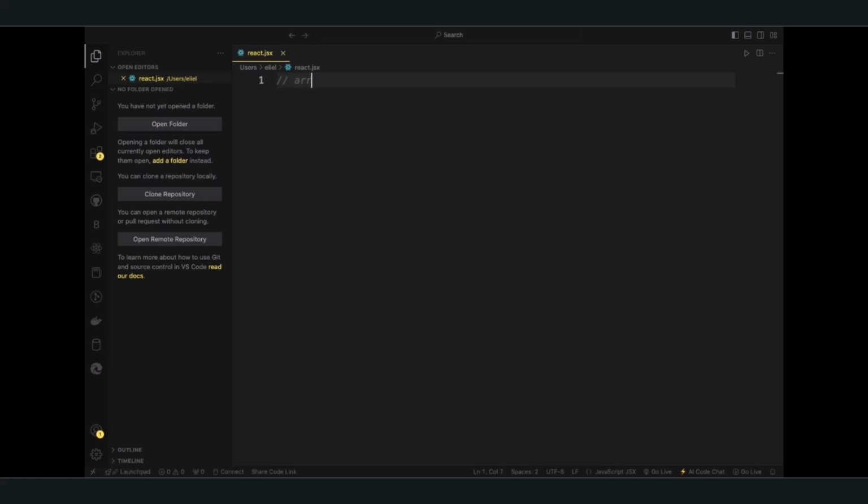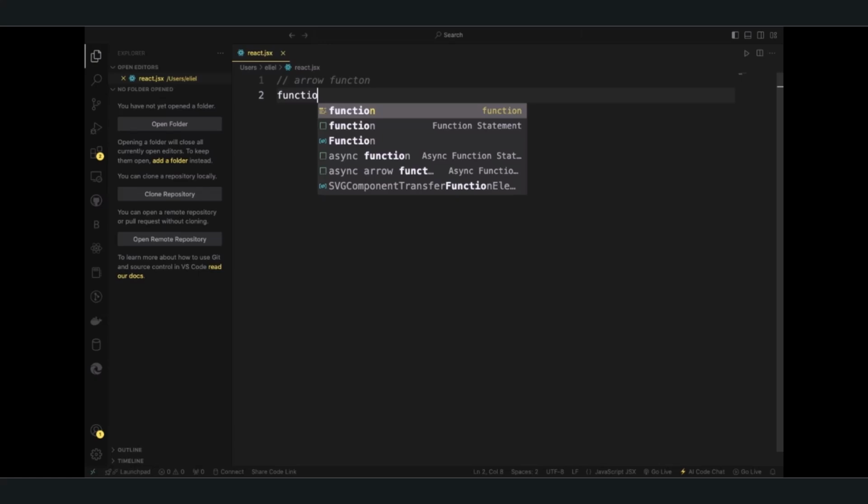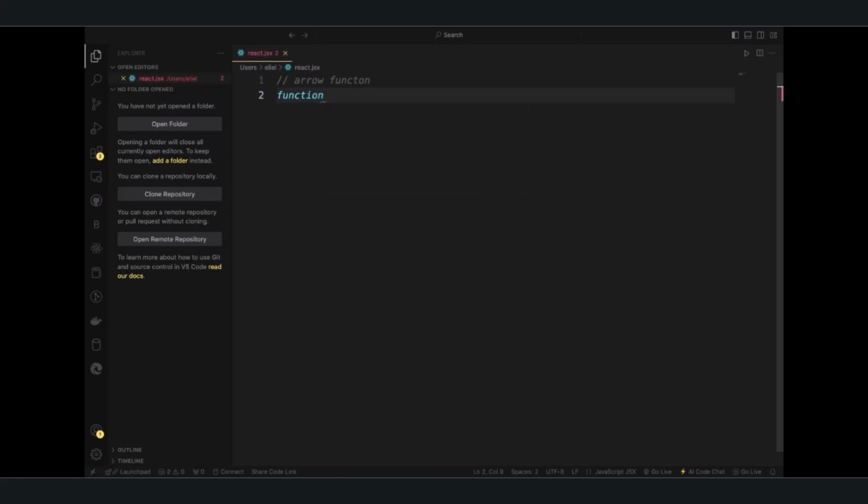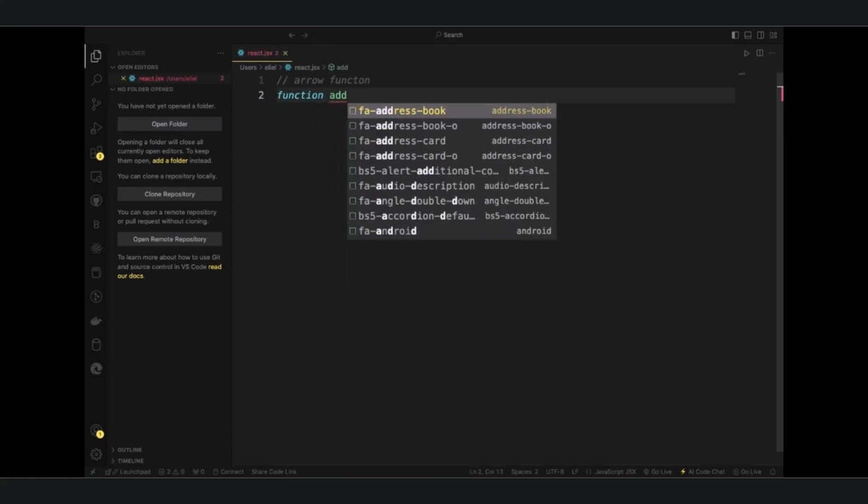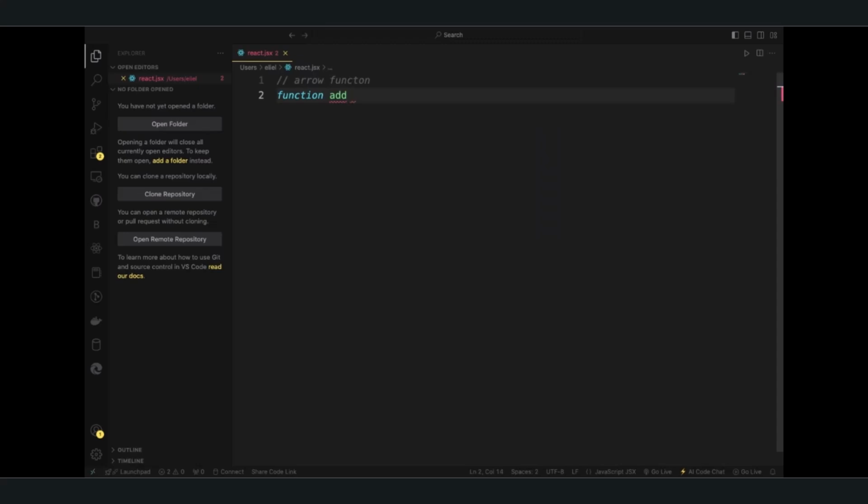So first of all, we have the arrow functions. And what does it do? The arrow function provides a more concise way to write functions, and it's often used for callbacks and functional components in React. So for instance, we can have something like this. We want to write a function that adds a plus b. So let's set our parameters